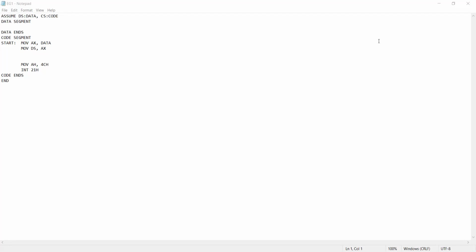When we look at the last two lines, that is a kind of interrupt. We already discussed interrupts. Suppose we want to terminate our program. That is why we are moving a specific code into the AH register, that means move ah comma 4ch. That is the starting address of that particular interrupt routine. That is why we are moving that particular